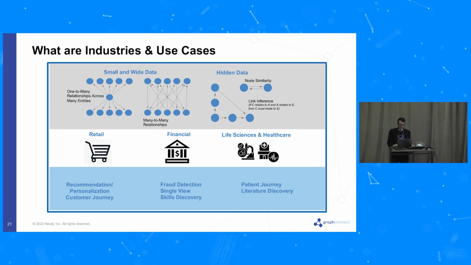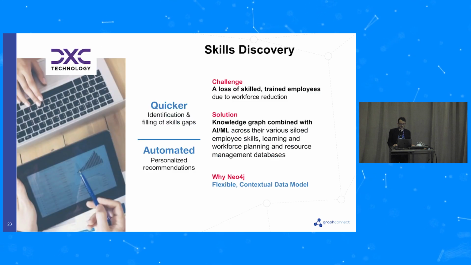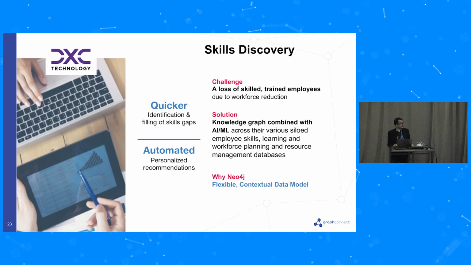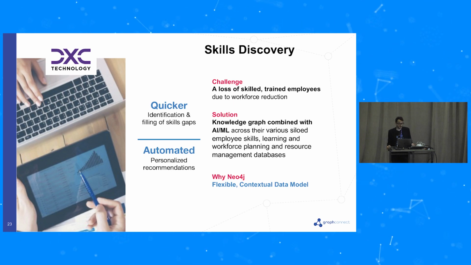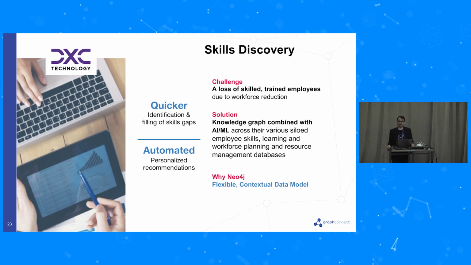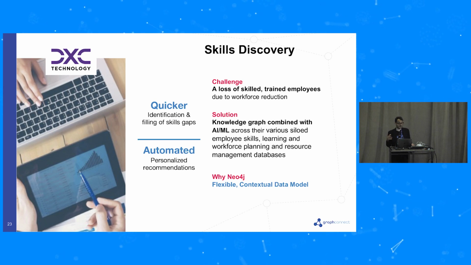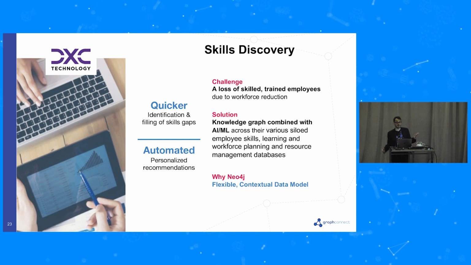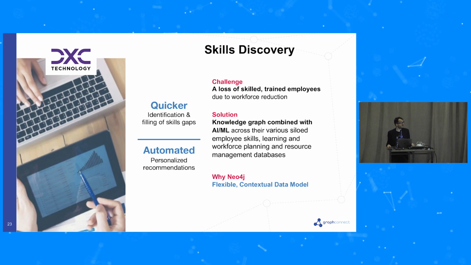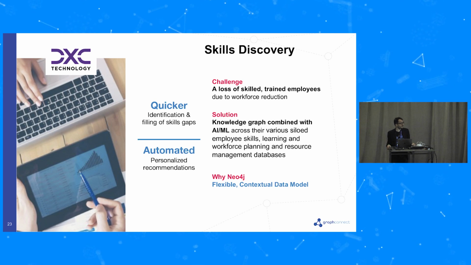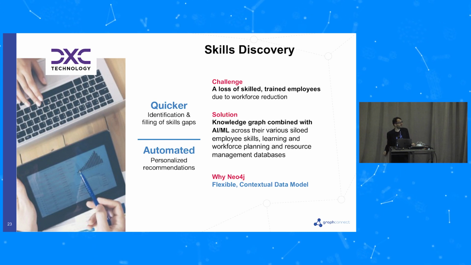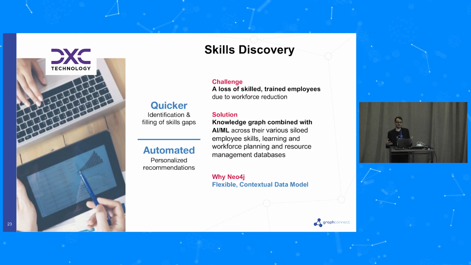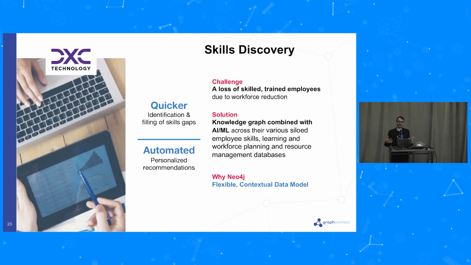Yeah, just one final example to conclude, but this success story from DXC, especially in Australia, is where the team is based, where they were facing a challenge of losing employees, and that was all down to the fact that they didn't have an easy way to detect areas where these trained and experienced employees could be repurposed in a way. What they did, of course, is they built a knowledge graph in Neo4j, and they applied techniques like the one I just described, and now they're moving from there to apply AI and machine learning